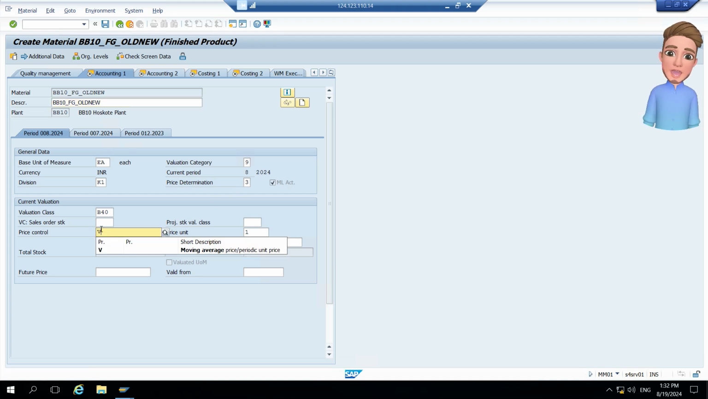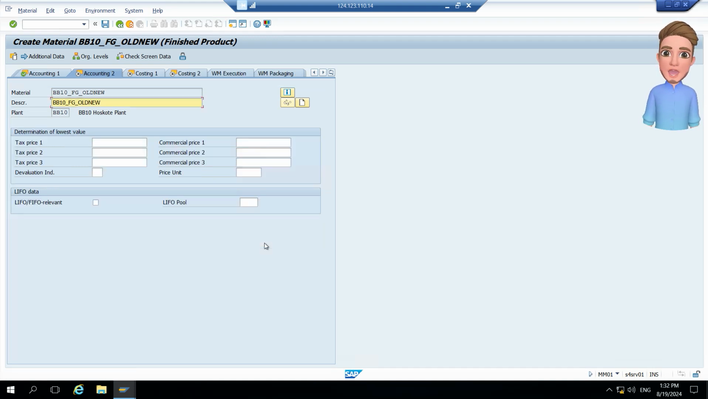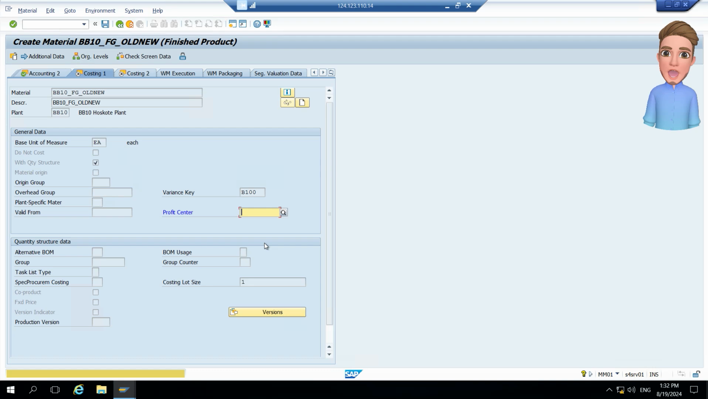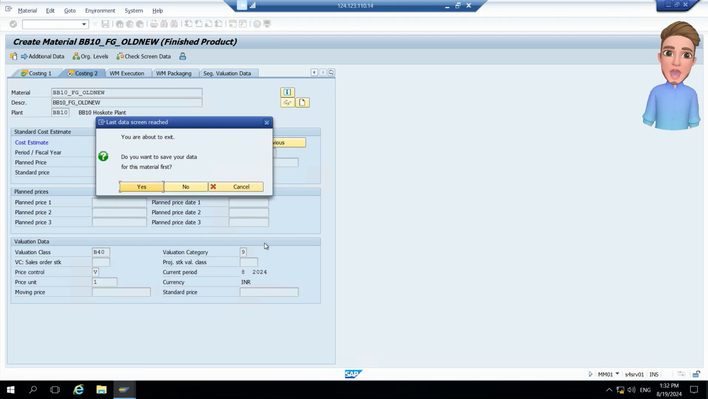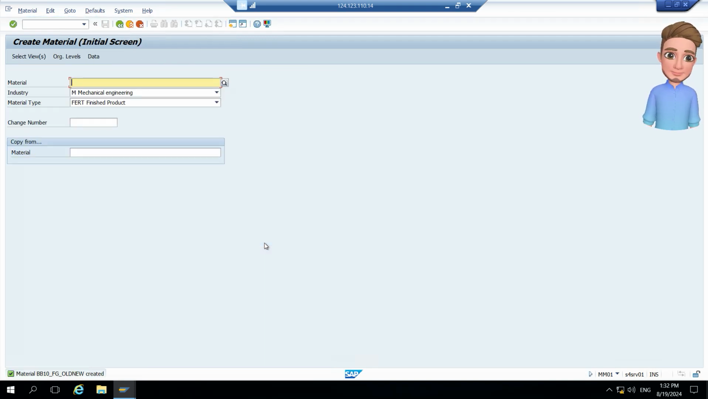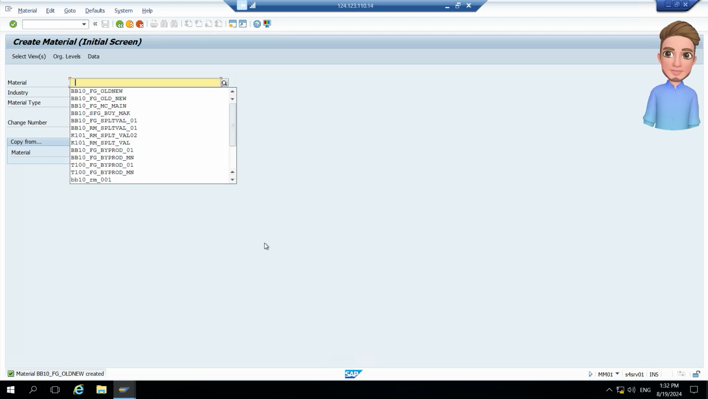Okay, V, that's all. Do not enter any price. Say okay, say okay, say okay, say enter. Profit center BB10, of course, BB10 PC01. Okay, enter, enter, enter, save. Okay, now for the same material in the same T-code MM01, you will have to